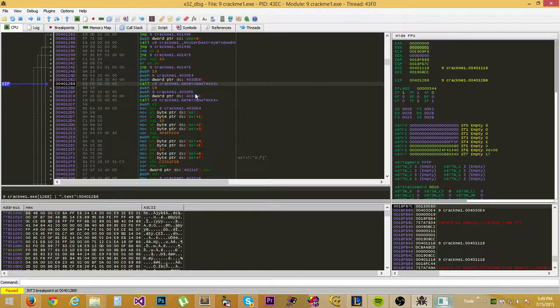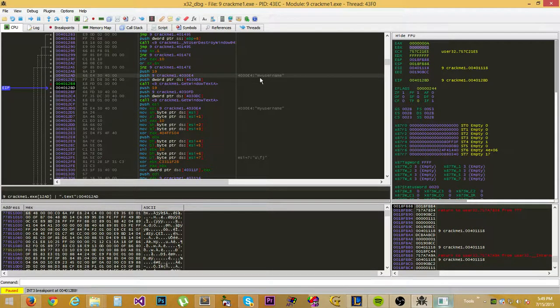So we step over this call, and this call is going to return our username. As you can see, it returned our username right here. You're going to say, how did it return already? Because it was prepared already for us. As you can see in the comments, it's stored at 4030E4, and as you can see above this call, it pushed 19 onto the stack. It pushed this space in memory, 4030E4,